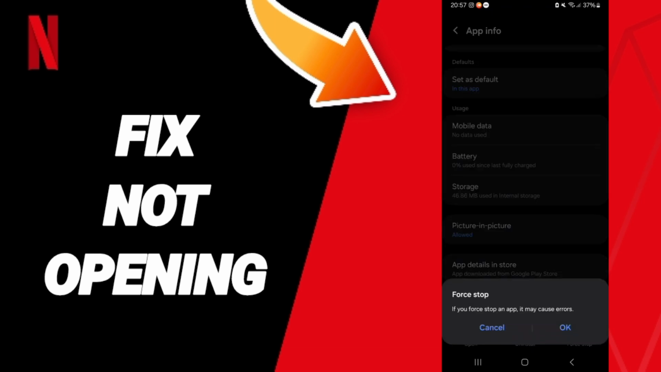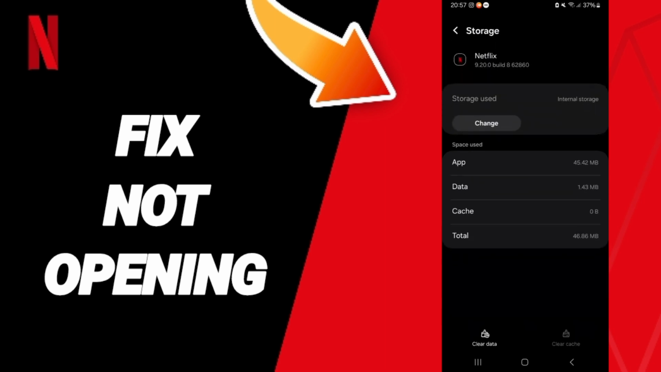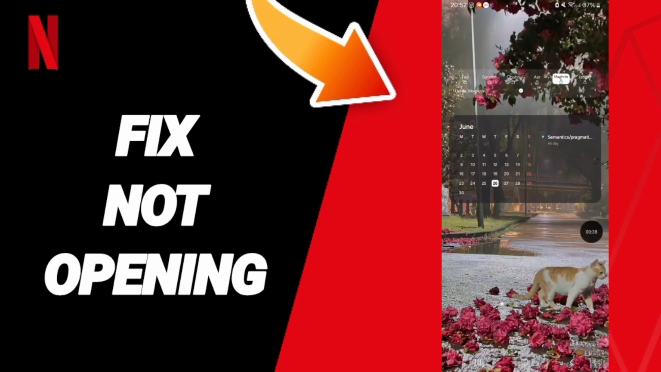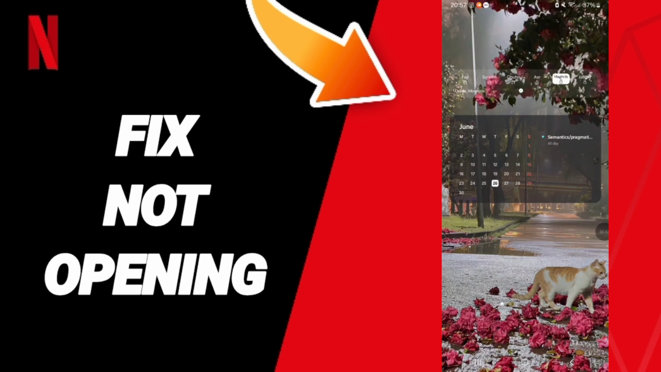Here we click on Force stop and you will click OK. Then you will enter Storage. Here you will click on Clear cache. In the end, you will turn off your phone and wait a moment, then restart your phone again